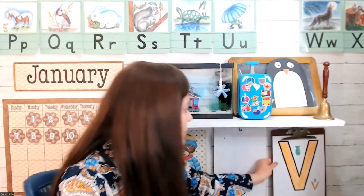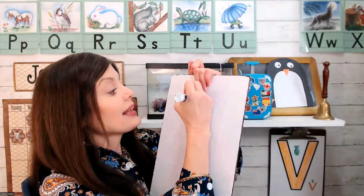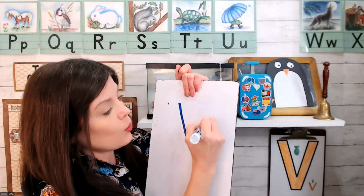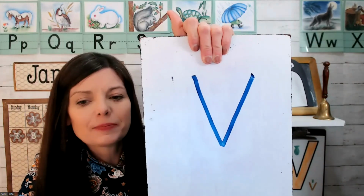It's letter V. Now that we can recognize V, let's practice writing it. To write letter V, you're going to start at the top, slide down, and go back up. This is the uppercase letter V. Let's practice. Slide down